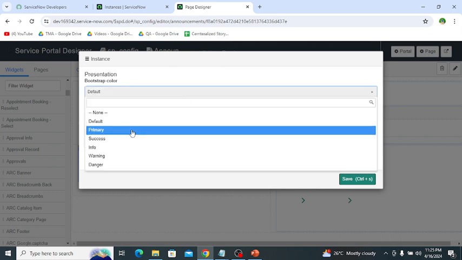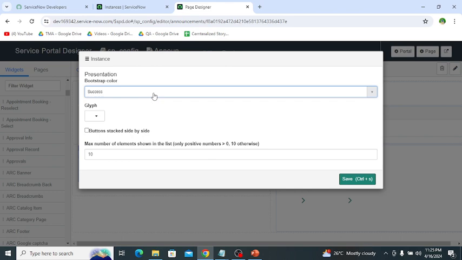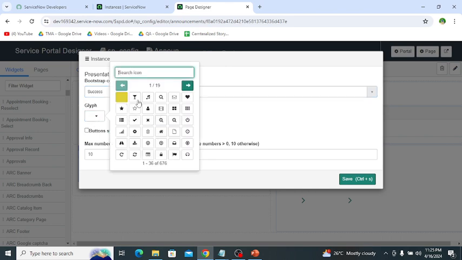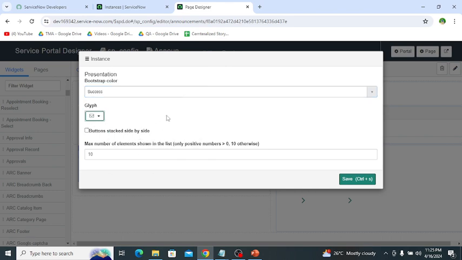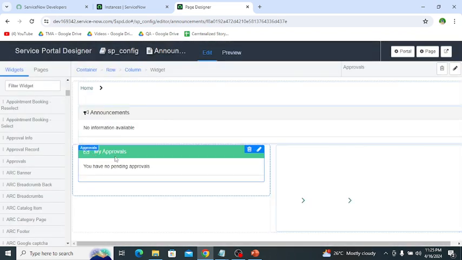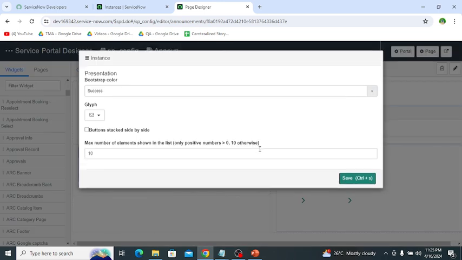We can select any bootstrap color. Then if we save, you can see that the color of this is also changed and also the icon is added.